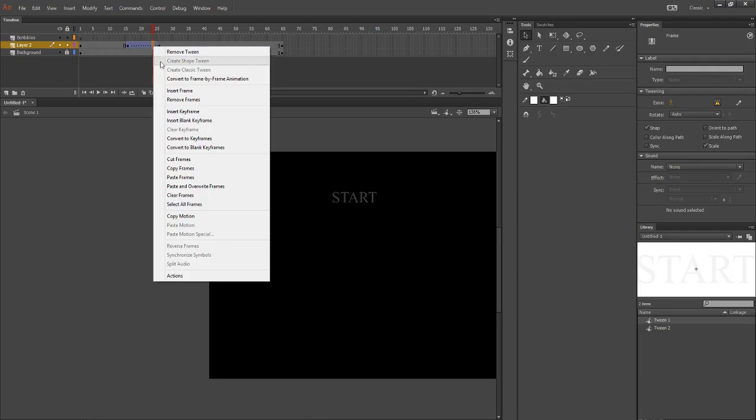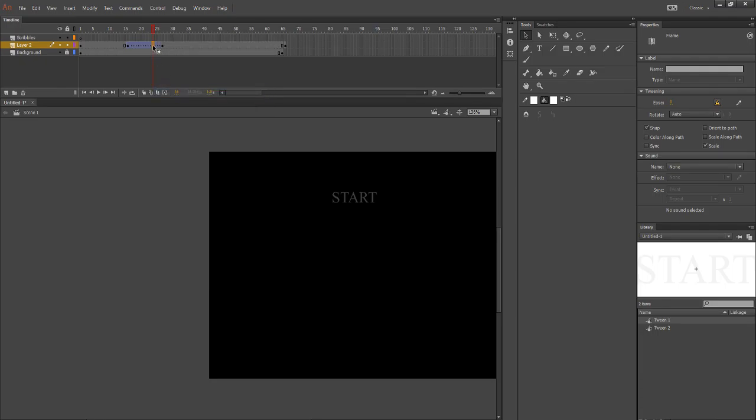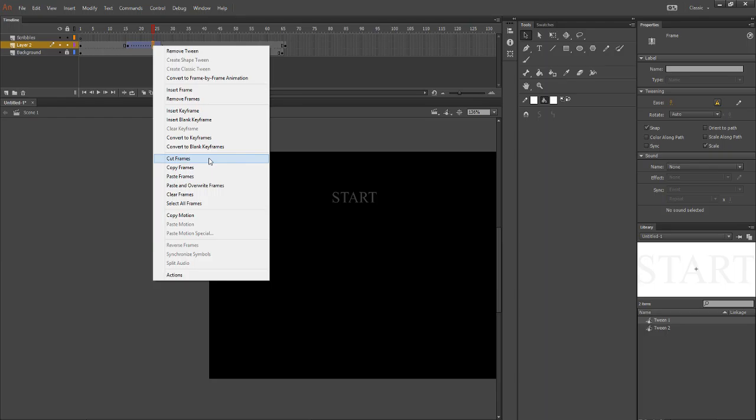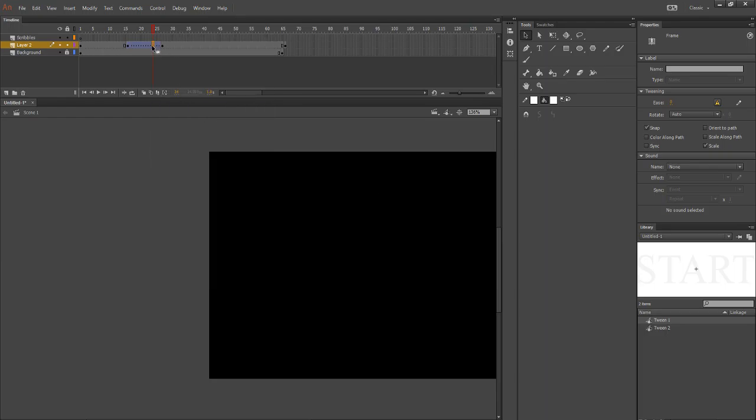Okay. So if I insert a frame, no. Insert a keyframe here.